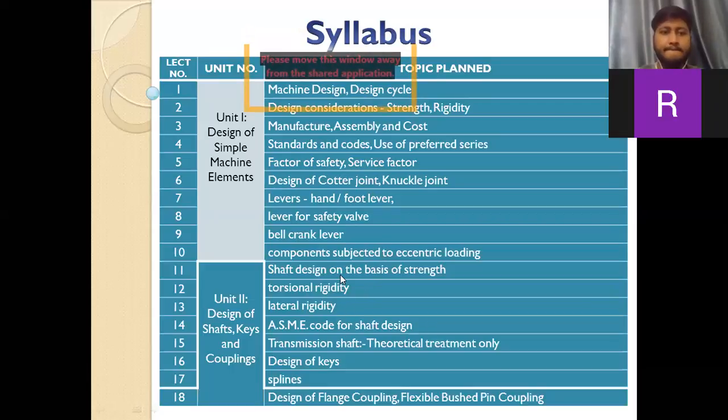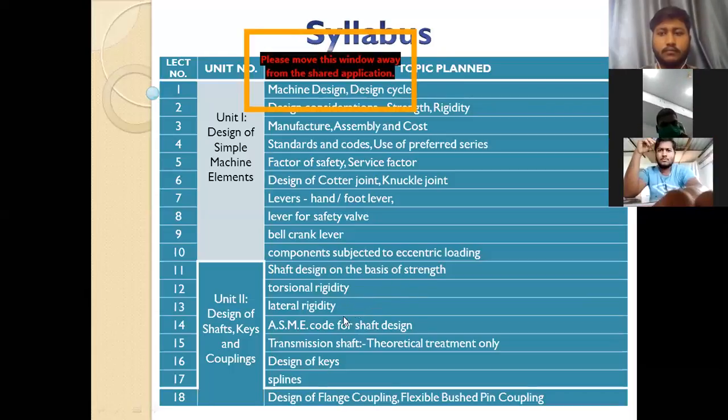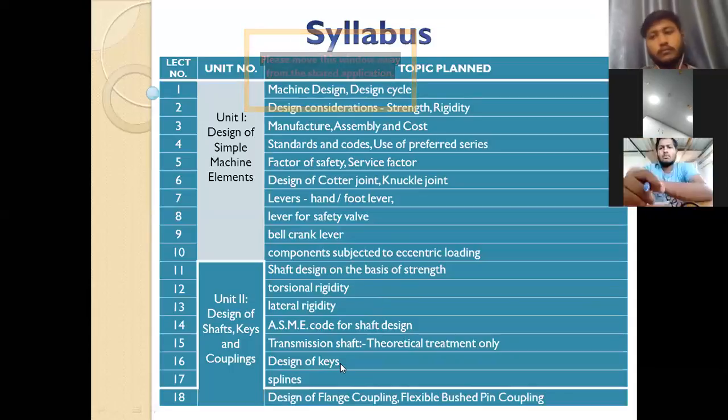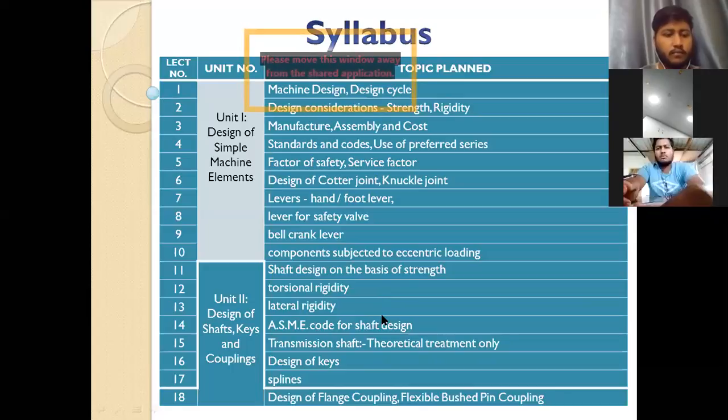So what are those two equations and how to use those and how to use two different bases? We'll see once we go into the chapter. But we'll also go through the ASME code for the shaft, and there's something called transmission shaft. We'll see that. We don't need to worry about the numerical of that. And then design of keys. In the shafts, we have keys and splines. So we'll have a design of those, how to design the key, how to make sure that it doesn't fail.